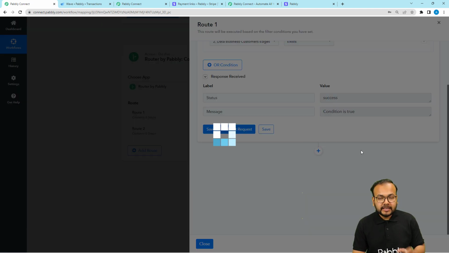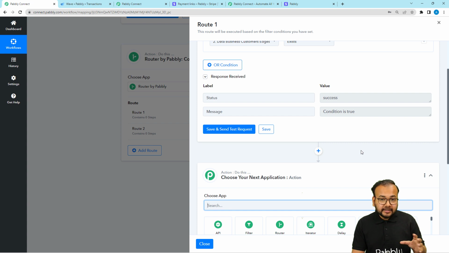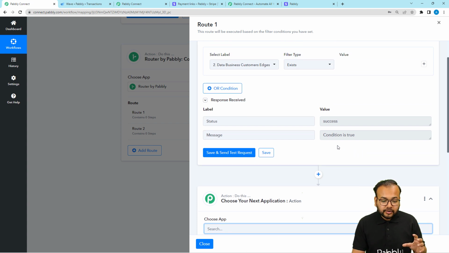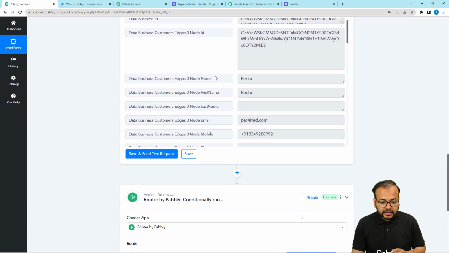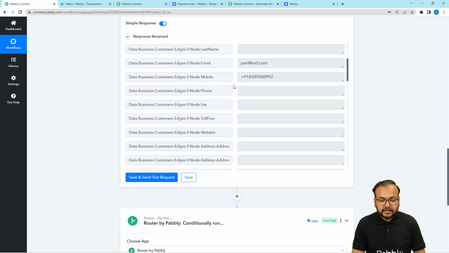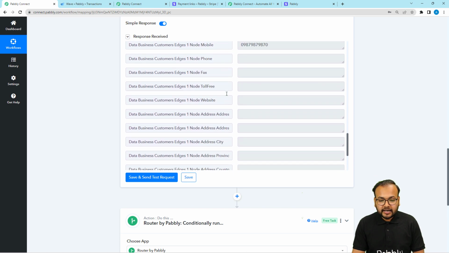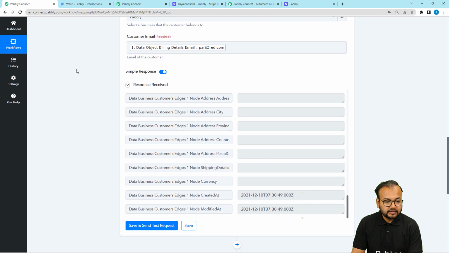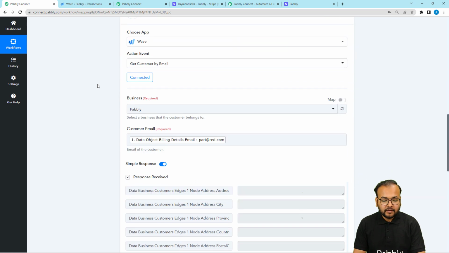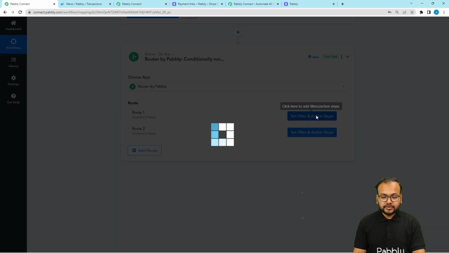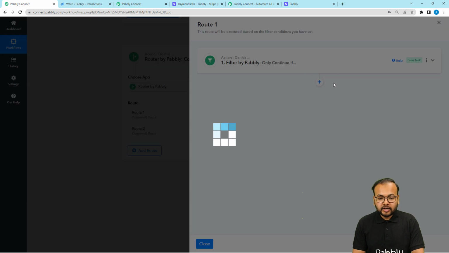So just click here on this plus icon, and before adding the transaction details, what we are going to do here, you can see we have these details here. In the transaction details, we are going to add the amount of the transaction as well, and here you can see, sorry, not here, you can see the amount has 2 extra zeros. So I'm going to correct this, and also I am going to add the date of transaction as well. For that guys, just come to this first route, and here click on the plus icon,